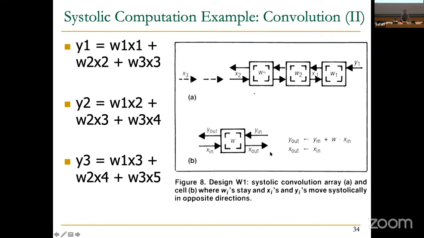This is one particular design. You can see that the W's, the weights, stay in each processing element. Each processing element is exactly the same. This processing element, this processing element, this processing element. The W's are the weights that they store. These weights don't move. They're programmed over there somehow. That's the programming effort. And you feed the variables that you want to calculate from the right to the left. And you feed the input variables, the input vector, x1, x2, x3, x4, x5, from the left to the right.